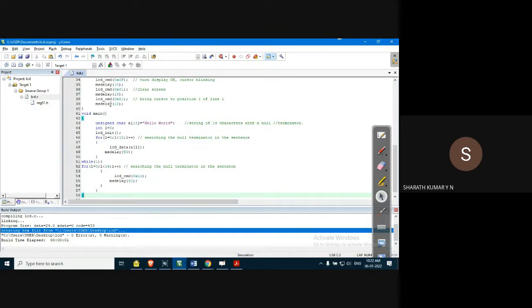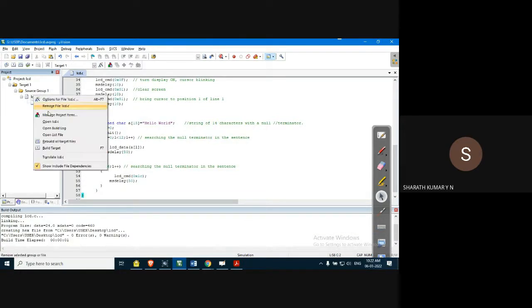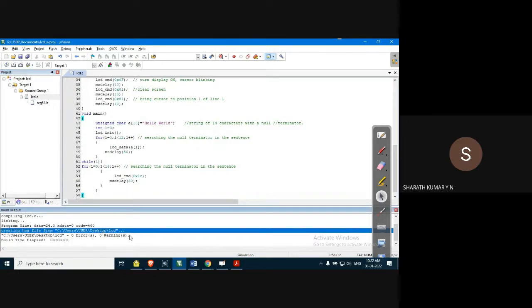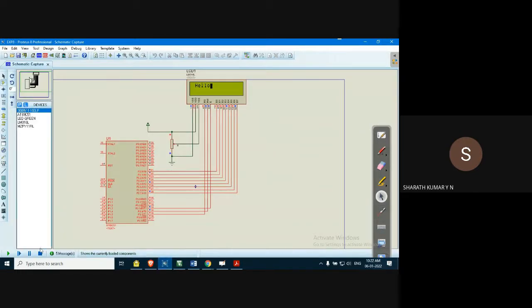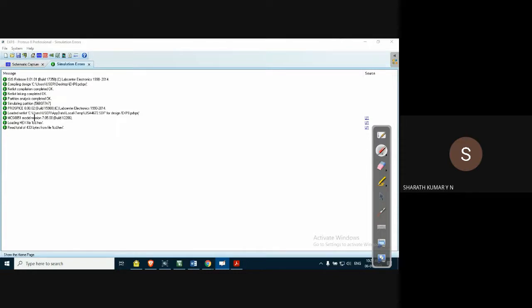In our case, it is the eighth B program. Check for syntax errors. Make sure that it generates an X file. In my case, it is saving on the desktop so that it is easy to pick the X file. Go to the schematic. Stop the simulation. This simulation error window displays all the history, all the possible information about our simulation, like what is the model used, what is the X file, any errors, the netlist generated, the path of the netlist, a lot of information.